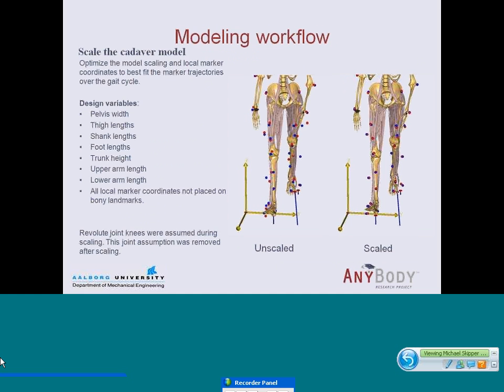The first thing I did was that because this Klein-Horstman data set is based on a cadaver and the data is collected on a different subject, we need to scale this cadaver-based model to actually fit the subject. And the approach I used for this was to include all the markers that were measured on the model, and paid very close attention to the ones that were on bony landmarks, so the ones that were on the ASIS, and the one that was on the sacrum, ones on patella, and on the heel and on the toe, because these are used to actually stretch and scale the model during a gait cycle, or actually multiple gait cycles, but